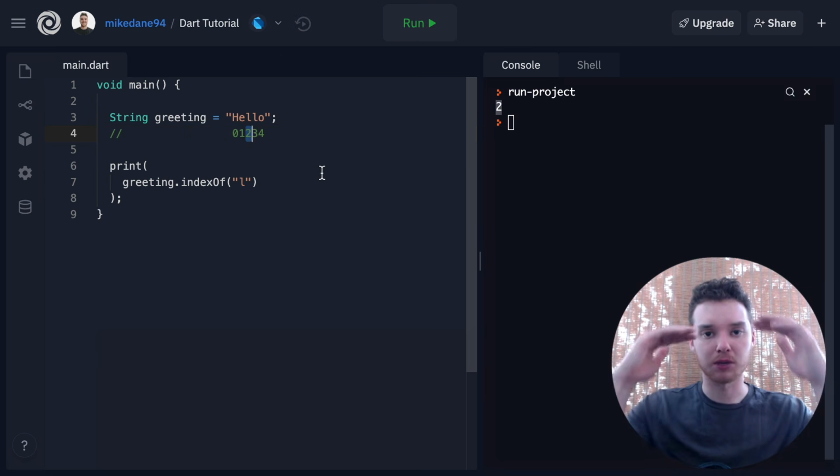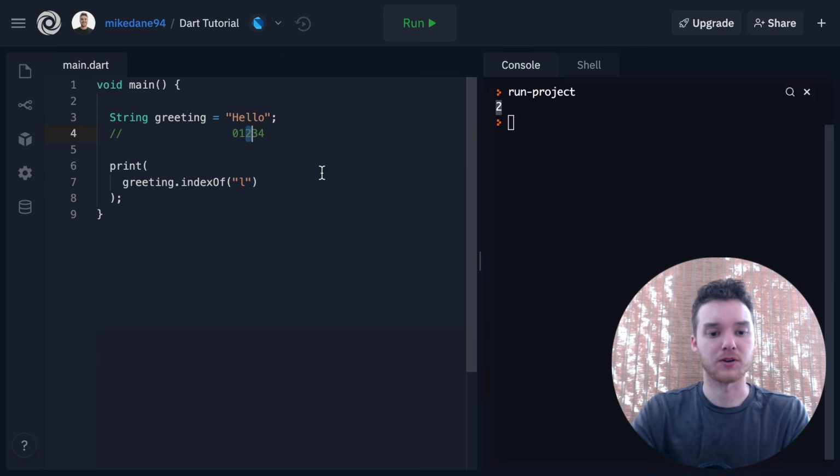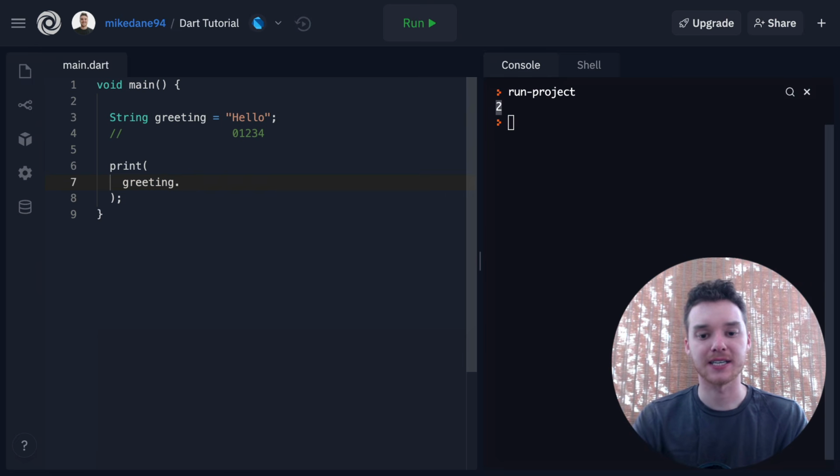So it'll always return the position of the first one. So that's a little bit about indexOf. That one's really useful. There's also another one which is called contains. And contains is going to allow us to check whether an actual character or a string of characters